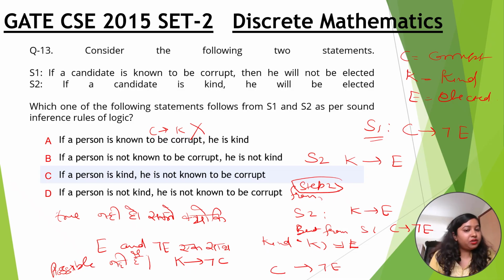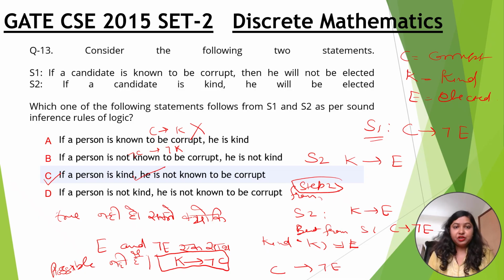Then if a person is not known to be corrupt, he is not kind: not corrupt, not kind, this is reverse implication, this is also invalid. If a person is kind, he is known to be corrupt, this we have already proved, so we will go with the option C. And if we look at the option D, if a person is not kind, he is not known to be corrupt: not kind, not corrupt, contrapositive नहीं बनता। ठीक है, तो ये हमारा ऑप्शन सी है इसका आंसर।